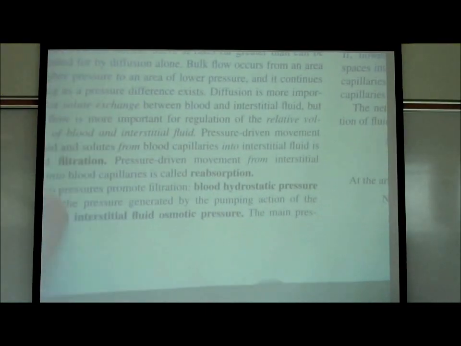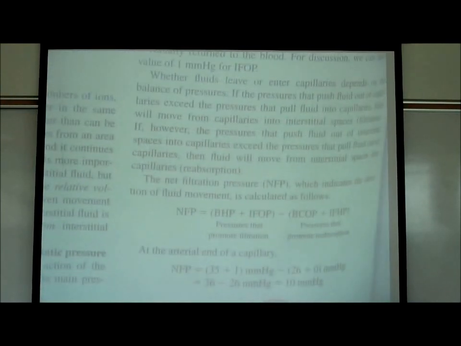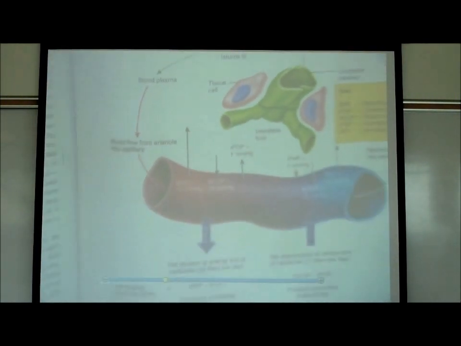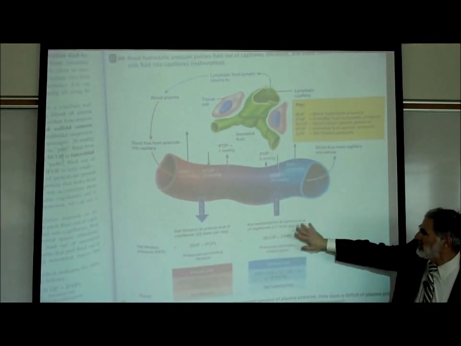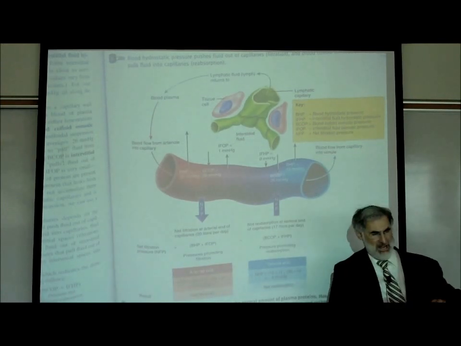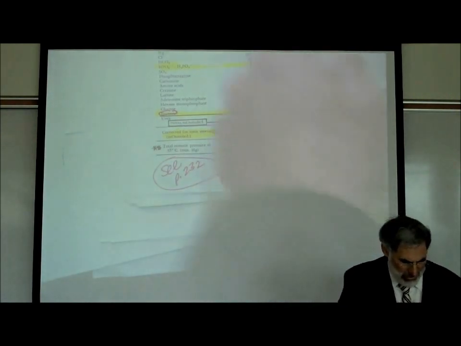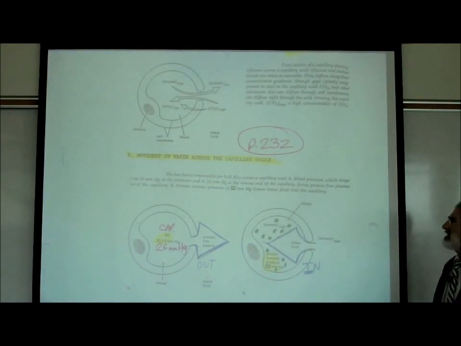But you will see where they're talking about blood hydrostatic pressure, interstitial fluid osmotic pressure. They're doing some calculations here, and they actually have a whole picture showing these different pressures. And that's what I'm going to be explaining. Now, this is the picture that's in your book that's explaining what I'm about to, and I gave you this version. On page 232, the subject that we're dealing with is entitled Movement of Water Across Capillary